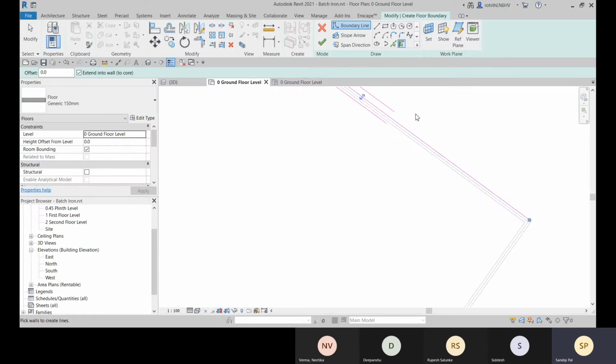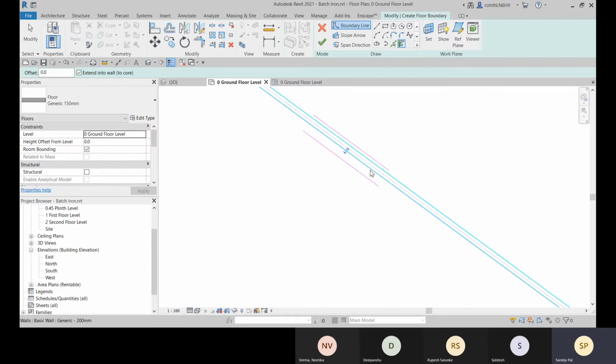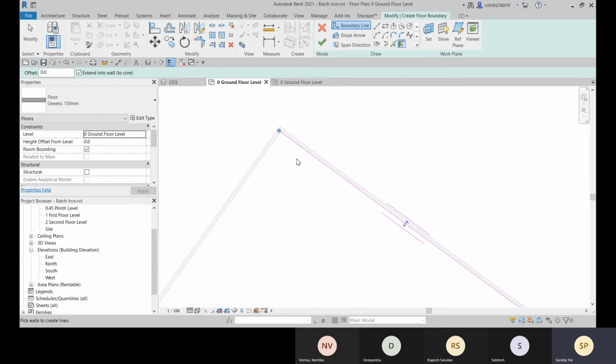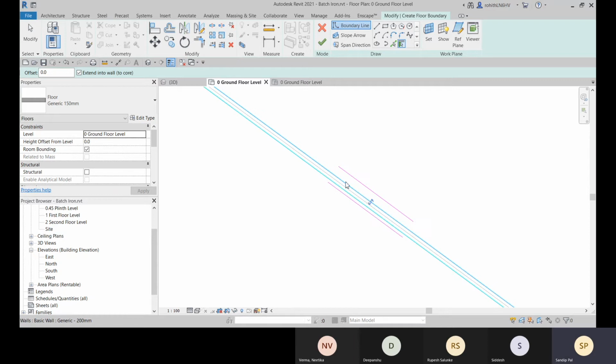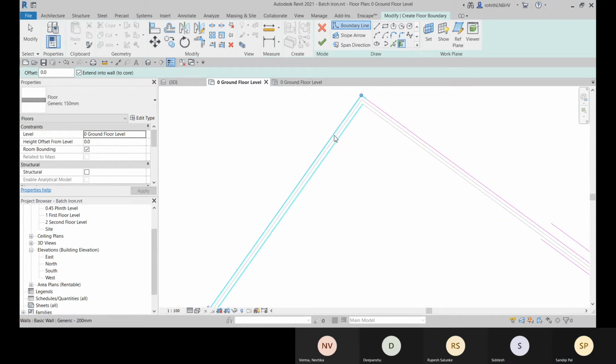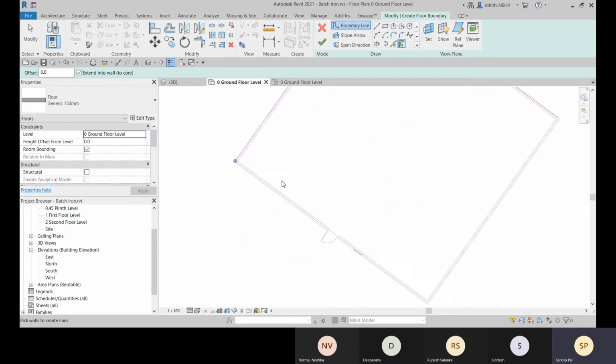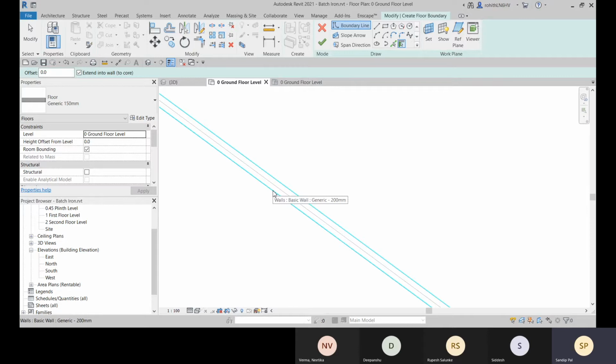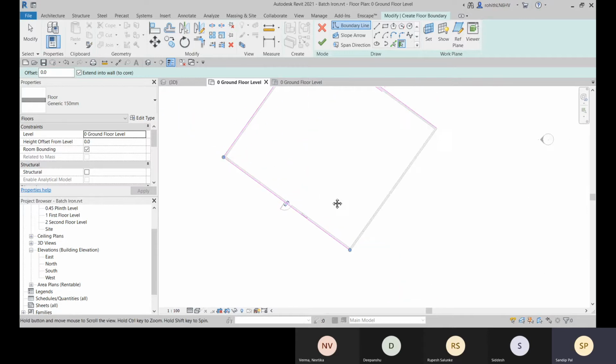Now you can see that the outer line of your wall is selected. You can click on this arrow to flip to the inner side, and if the inner line is selected, you can flip with this arrow to select the outermost line. The placement of your mouse pointer will decide whether it will be the outer line or the inner line.